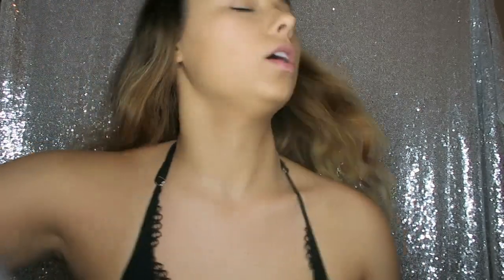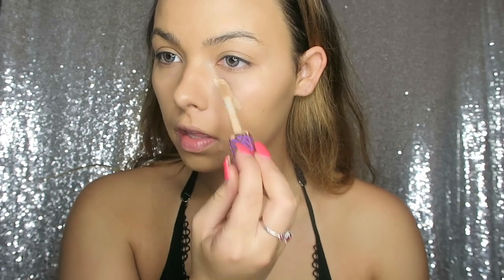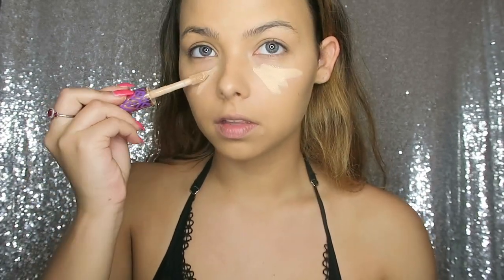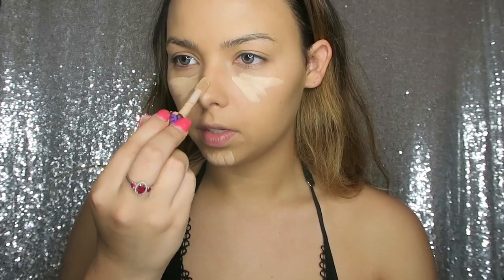Now that the foundation's on, I'm going to be taking, guess what concealer I'm using? Do you know? It's the Tarte Shape Tape Concealer. It looks like this. It's the best concealer hands down ever in the entire universe. It literally works so good. I'm going to put it underneath my eyes. My mirror is like over here, that's why I'm looking that way. A little on my chin, a little bit on my nose,